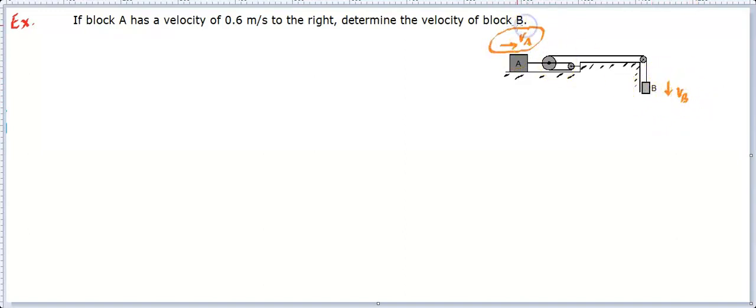And this is given to us. So VA has been given to us as 0.6 meter per second. Then we need to write the tensions and all that. And we can apply the summation T dot V is equal to 0. So the solution will go like this. Summation of T dot V equal to 0. There are two blocks, so we need to apply it for two blocks.